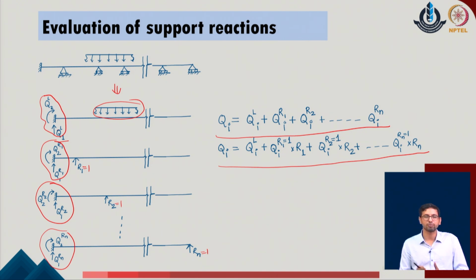So, as a parallel computation, what one can do while evaluating these systems together, we not only rely upon evaluating the value of the displacement at the respective locations of the redundants to define the compatibility conditions, but while defining these free body diagrams, we also calculate these support reactions which are evaluated at each of the step, and then we can take the sum of them together to know the net reactions of these supports.